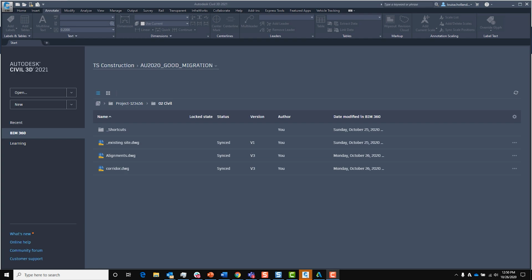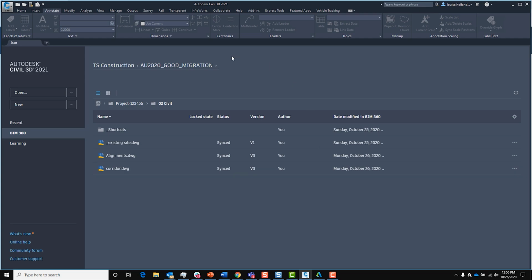Last but not least, I'm going to open up the project as project admin and make sure all my references are correct and fix anything that just can't be fixed ahead of time. Over in Civil 3D, I'm on the Start tab and I've gone to the BIM 360 area. This is a direct look into BIM 360 and what's going on with your project in the web.